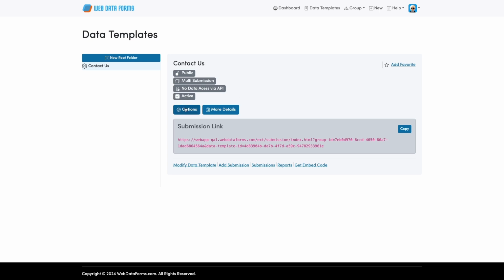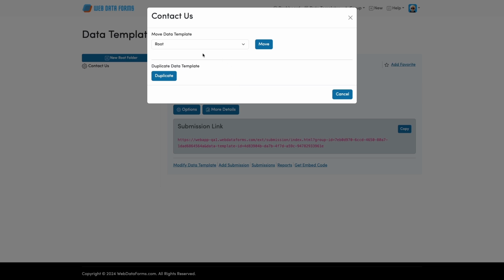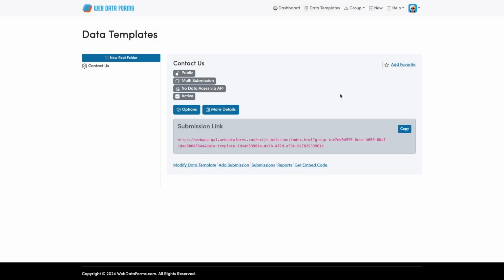I have an options button here. If I click on that, it's telling me that I don't have any folders created. We'll get to that in a second, but if I did, I could move folders. If I wanted to duplicate this data template, I could click that button and duplicate it as well. The one more thing that is showing me here is my submission link. I can either put this in my website, and we'll show you how to do that in a bit,